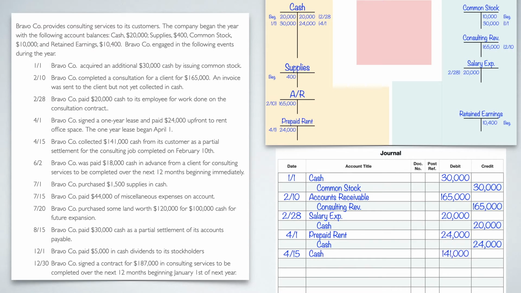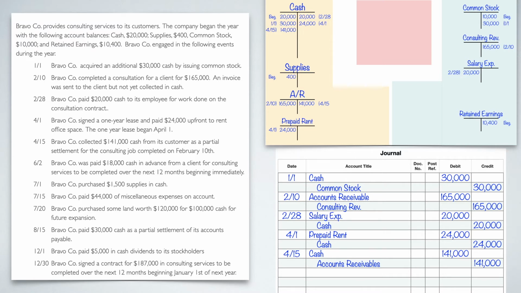Well, they're paying us for what was an accounts receivable, so they're lowering their accounts receivable. So in order to lower it, we're going to credit it, so I'm going to credit accounts receivable for the same amount, 141. I need to put that on my T-tables, so I'm going to debit cash for 141 and credit AR for 141. All right, that's transaction 5. All right, let's go to 6.